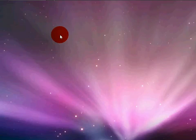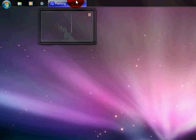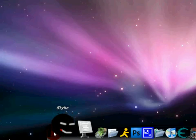I had to reformat my computer, do some other stuff, get Windows 7 and everything. This is just my little theme here for Mac. It's Rocket Dock with the background of my Windows start bars up here. Anyways, so we're going to start by opening stykz, and I have my characters I used for the last time,